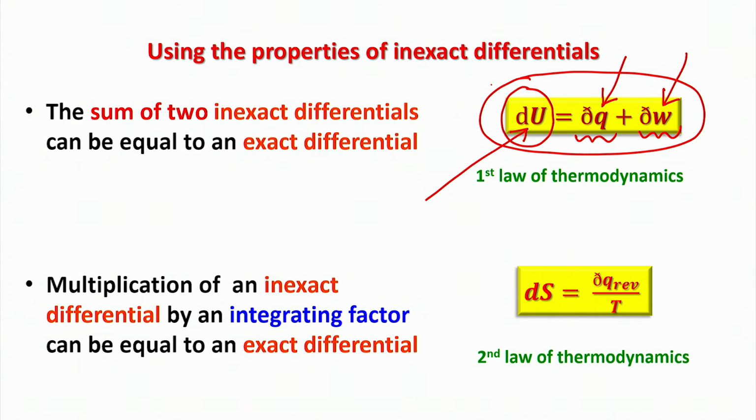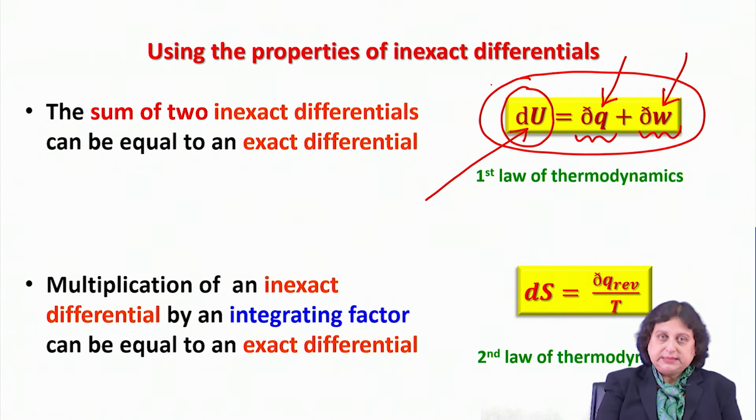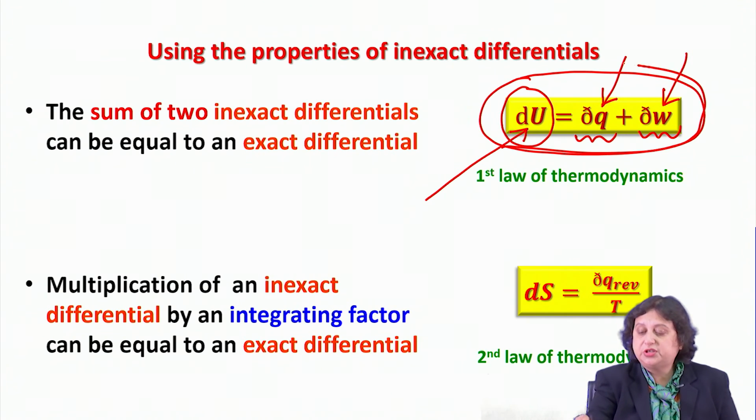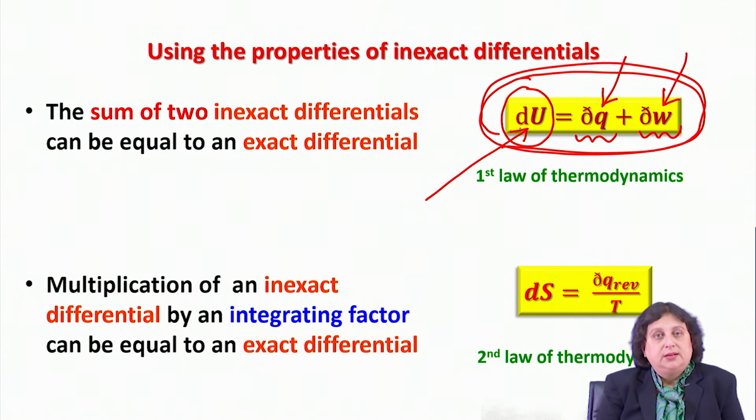So, while this is physically intuitive, that yes, you can change the internal energy of a system by heating it up, by placing it in thermal contact with a thermal reservoir, or you can push the piston down and do some work on the system, or you allow the gas to push the piston up and do some work on the surrounding. These are the two ways in which the internal energy of the system can change. But whenever mathematically you write down this statement of the first law of thermodynamics,